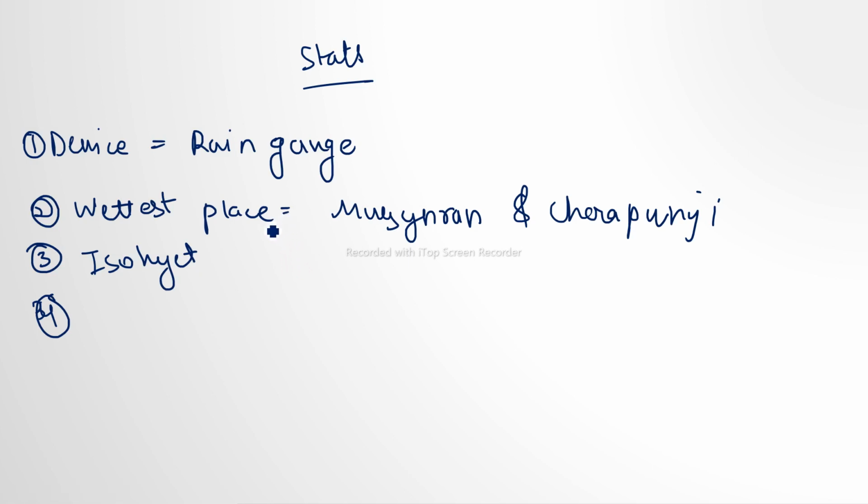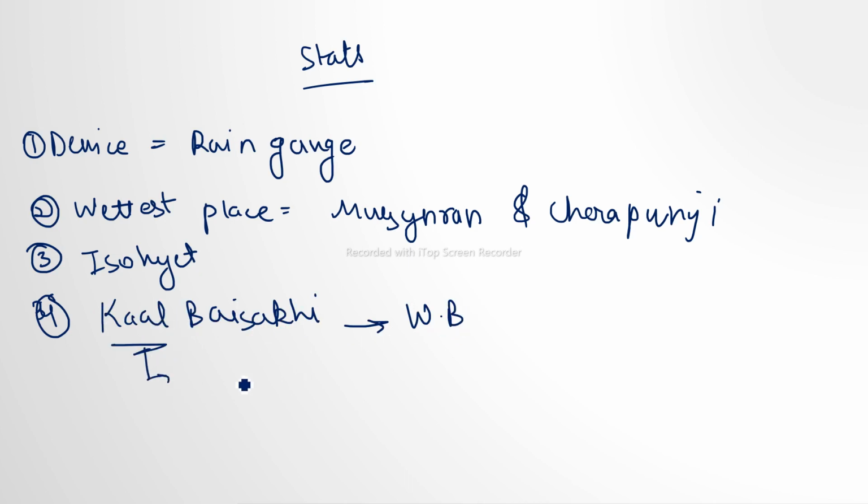Okay, then another thing you need to know is the concept of Kal Baisakhi. Kal Baisakhi is the phenomenon that takes place in West Bengal. And why is it Kal? Because it is going to cause lots and lots of crop damage. And what is the phenomenon? The phenomenon is that there are very, very black moisture-laden clouds that are going to cause heavy rains in the West Bengal area. So that period is called Kal Baisakhi, and you can check the images out. They are astonishing. You'll be able to understand it very well.